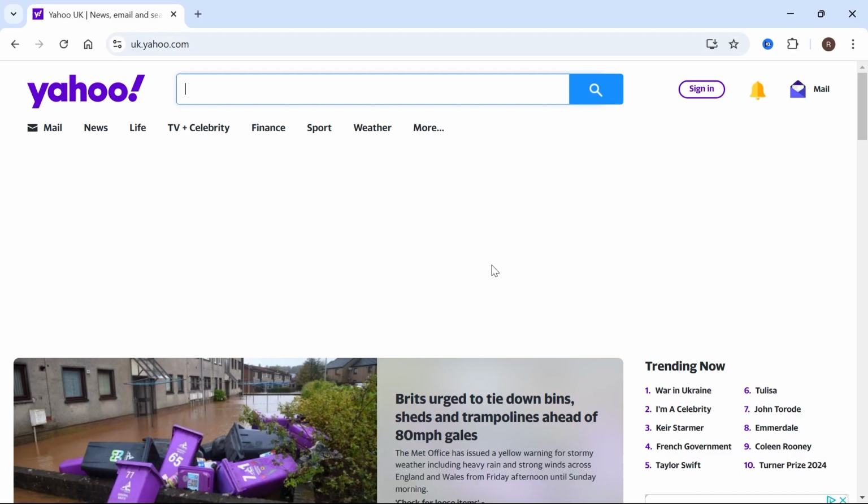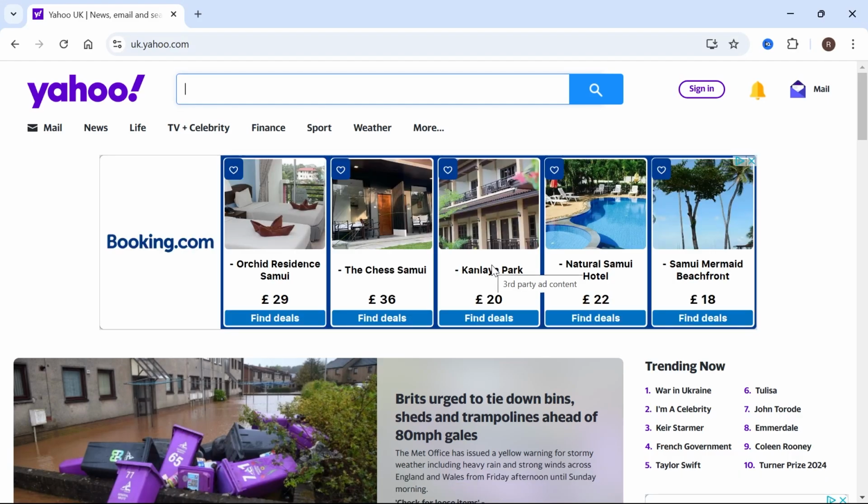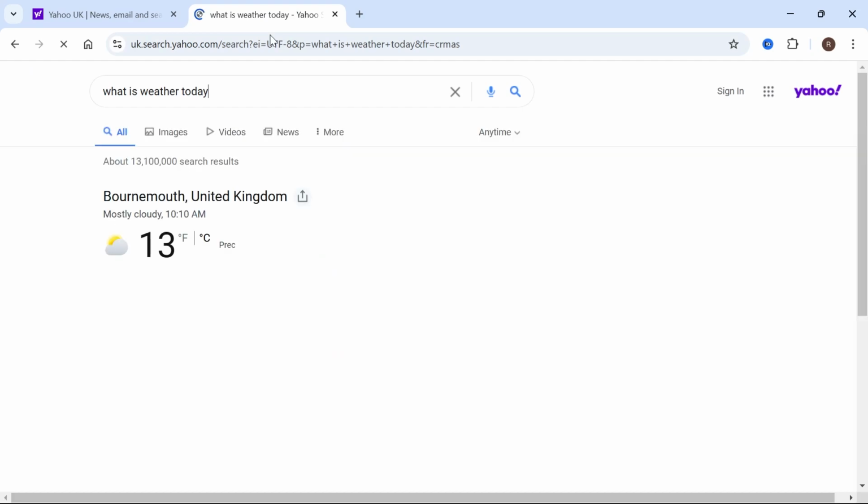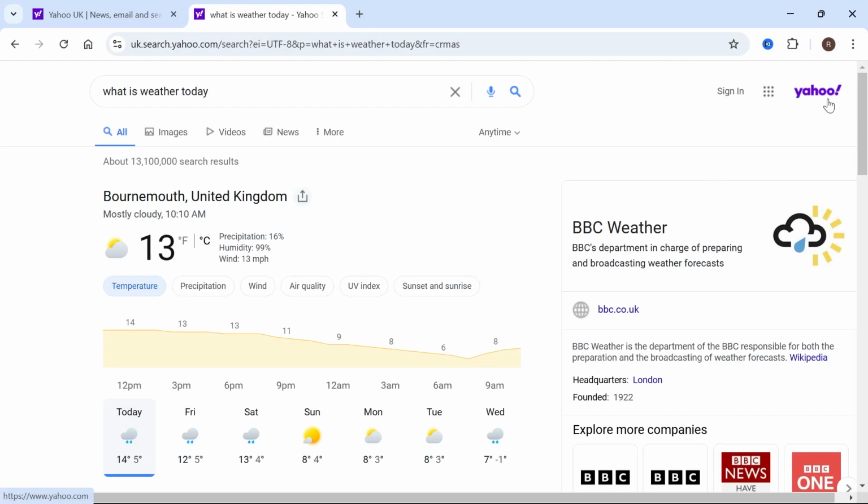In this video, I'm going to show you how to remove Yahoo from your Google Chrome browser and how to set Google as the default search engine. So you can see at the moment that if I search anything in the URL bar up here, it takes me directly over to the Yahoo search engine. So I'm going to show you how we can change this with Google and how to get rid of the